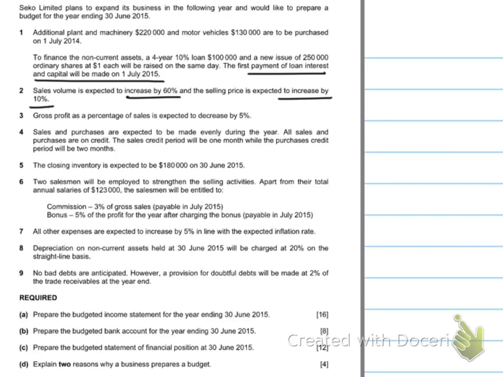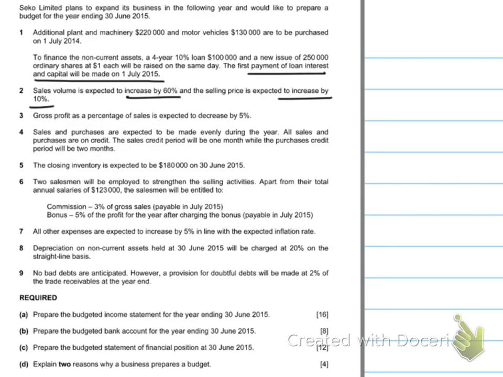The sales were 3,000. I'll do this on the next page. So 3,000 sales first increase by 1.6 and then further increase by 10%. So 1.6 into 1.1 gives you the new budgeted sales